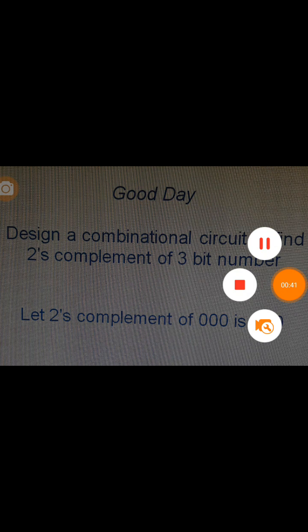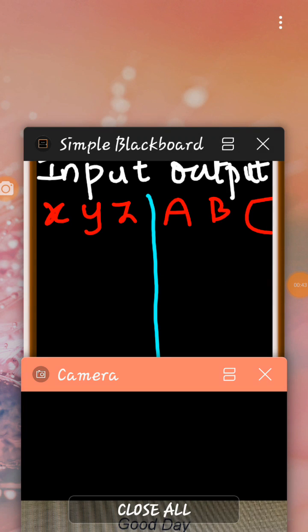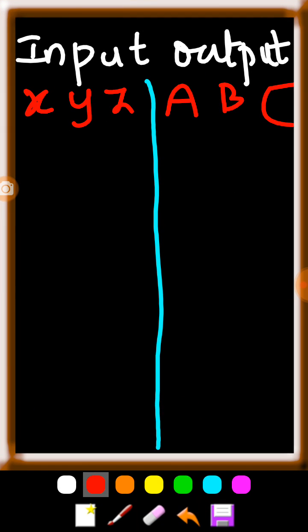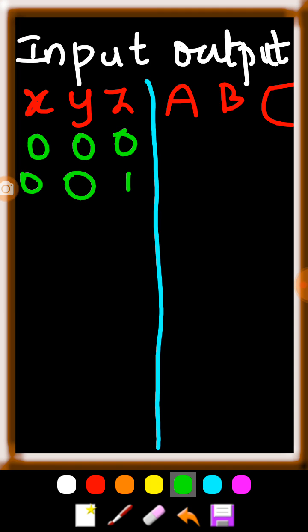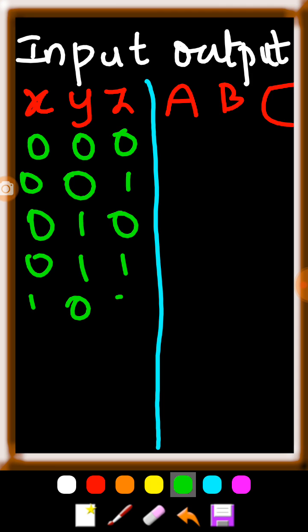Let us start our designing. So here we are having 3 inputs and 3 outputs, and let me name the 3 inputs as X, Y, Z and the 3 outputs as A, B, C. So there are 3 inputs, so 8 combinations. Let me write the combinations. So the combinations will be from 000 to 111,